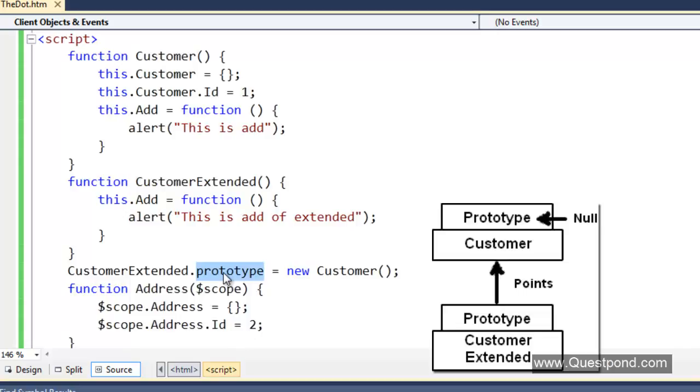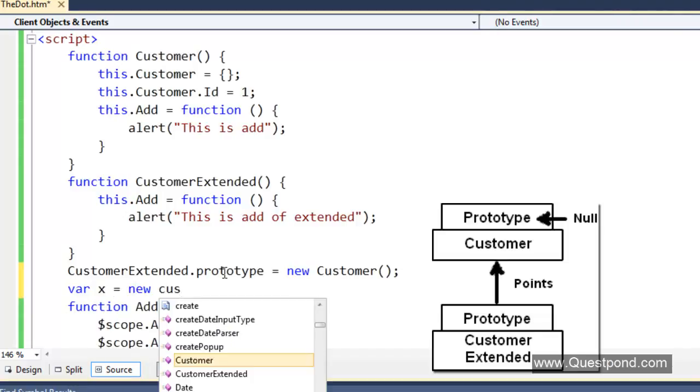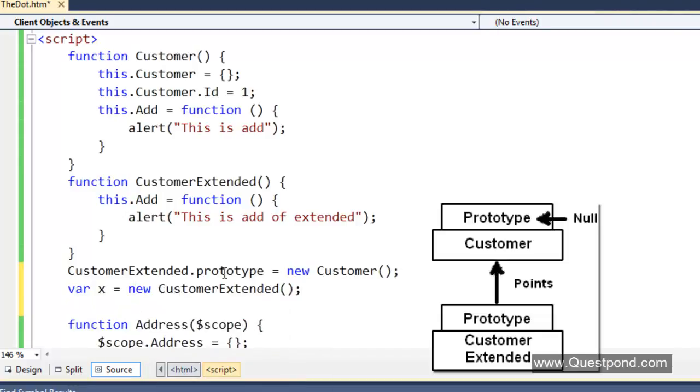It is a ready-made object. The time you create any object in JavaScript, you will get a prototype object. So now what will happen here? If I now go and create an object of customer extended, and if I say x dot add,